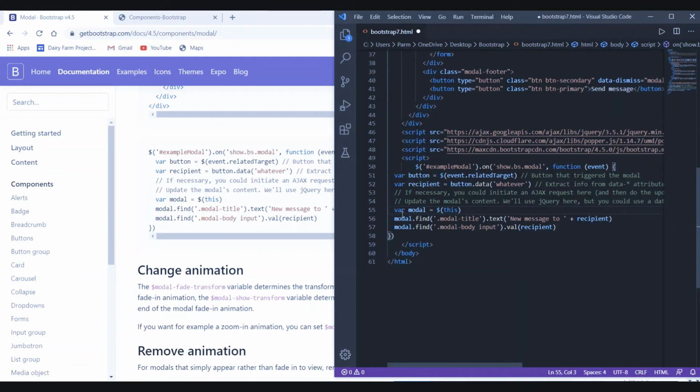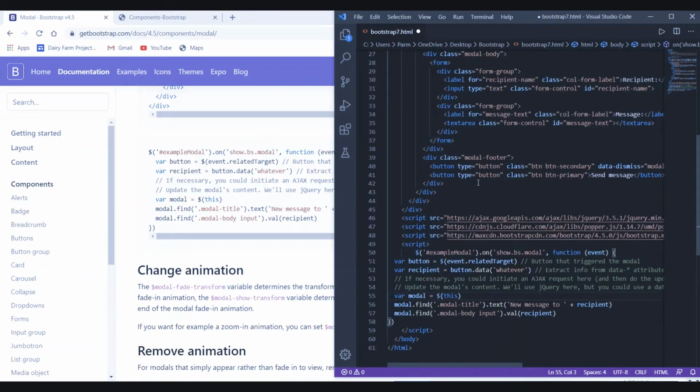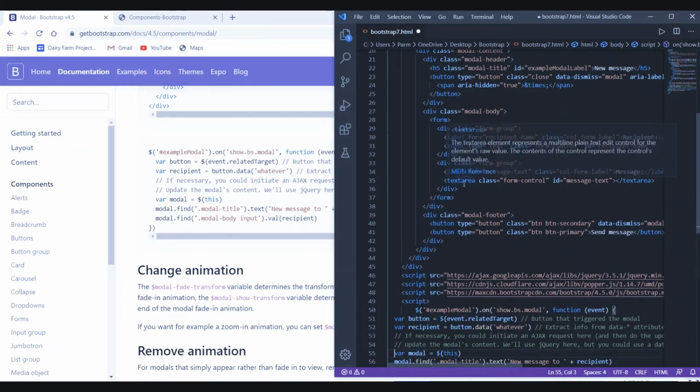Here we have specified a variable, modal is equal to this, then modal.find .modal-title, and we have to display text over there: New message to, then the name of the recipient that we get through data-whatever. And modal.find .modal-body input .val is the recipient. In the modal body we have taken two elements, one is the input and one is the text area.